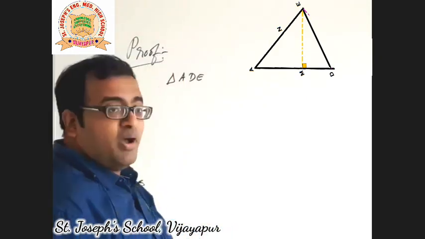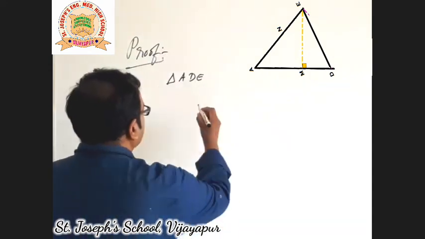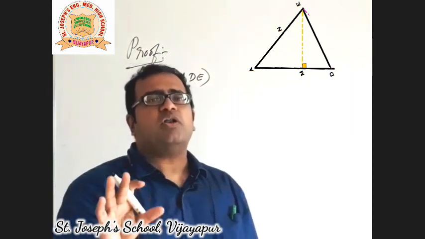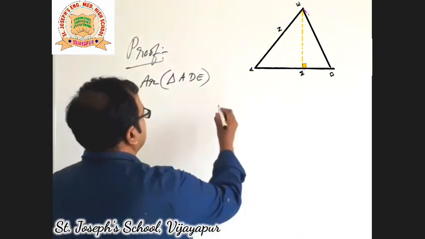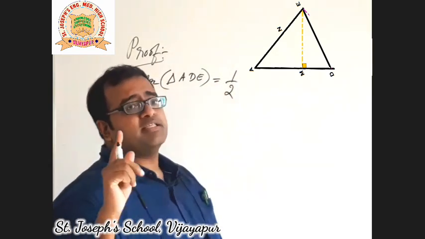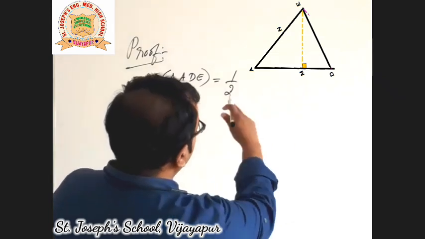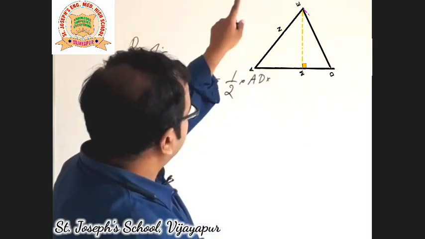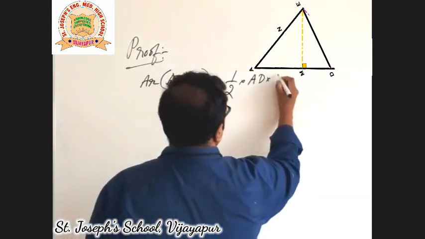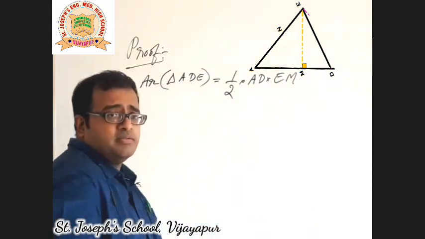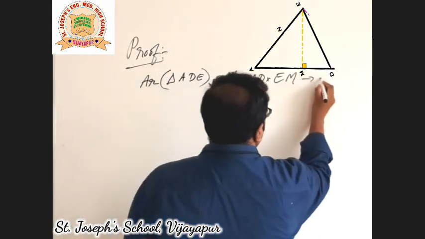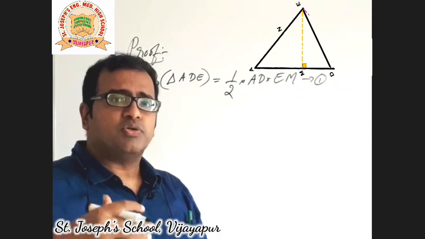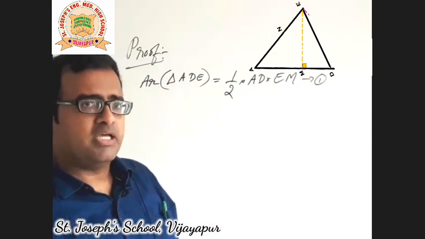So if you apply the area of triangle formula here, instead of writing the full form, I'll write AR. AR stands for area, okay? Area of triangle ADE is equal to, we know the area of triangle formula is half into base into height. The base in this case is AD, so half into AD into the height or the altitude, that is EM, right? Let me call it equation 1. The NCERT textbook doesn't contain these equation numbers, so you can change the naming of the equations, no matter.